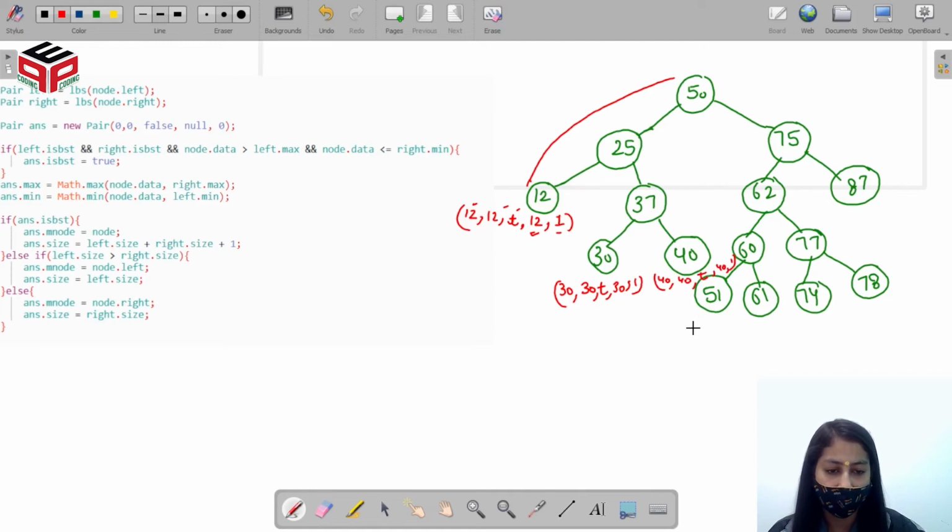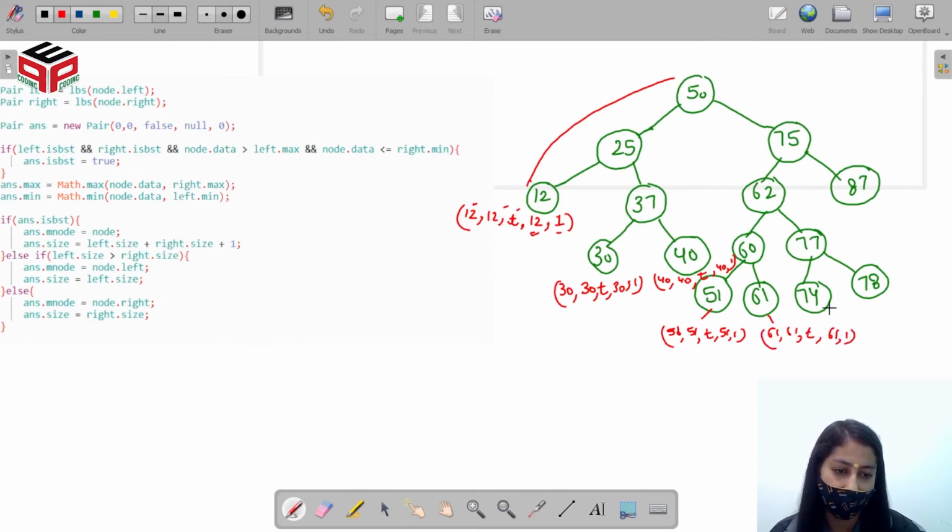The values for a leaf node will remain the same. It will return 51, 51, true, 51, and the size is 1. Same for 61: 61, 61, true, 61, and the size is 1.